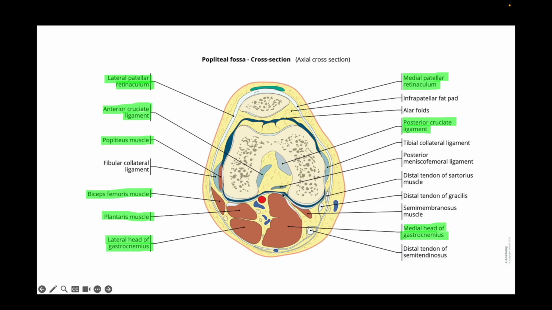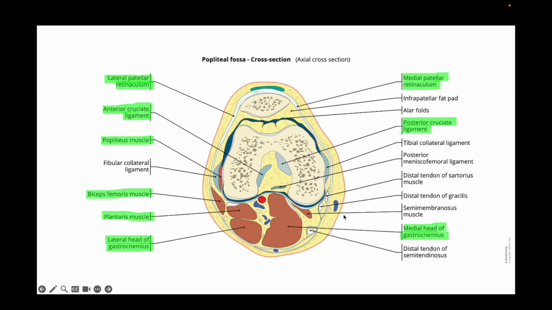This is a cross-sectional schematic of the knee. Your patella is held in place within the trochlear groove by lots and lots of mechanisms, but they can ask you about these 2. This is your lateral patellar retinaculum and this is your medial patellar retinaculum. You know your medial in the knee here because you can see this, which is your great saphenous vein. Also, the fat in the medial side of the knee is a little bit thicker than the lateral side of the knee,